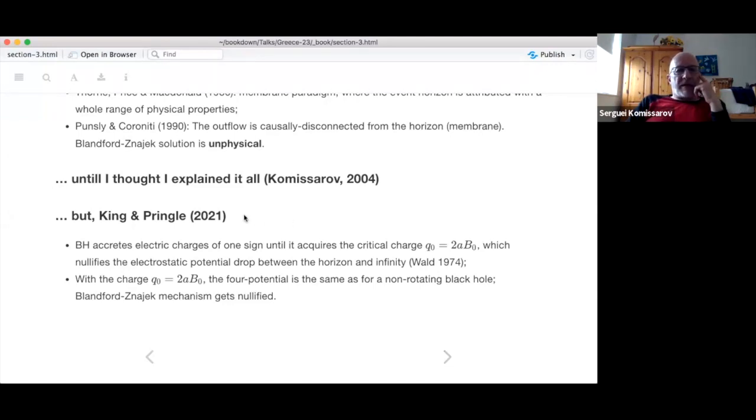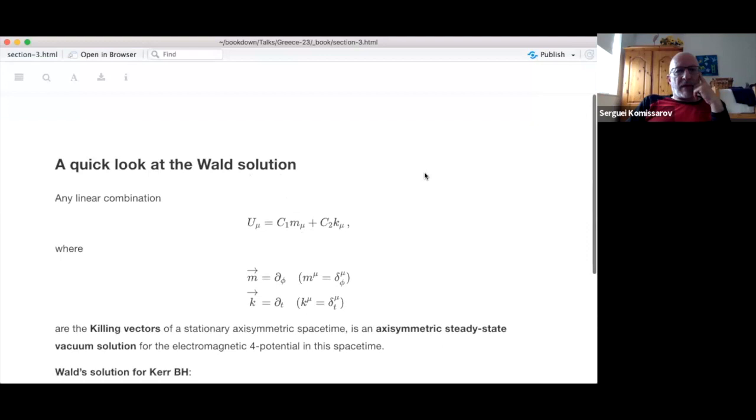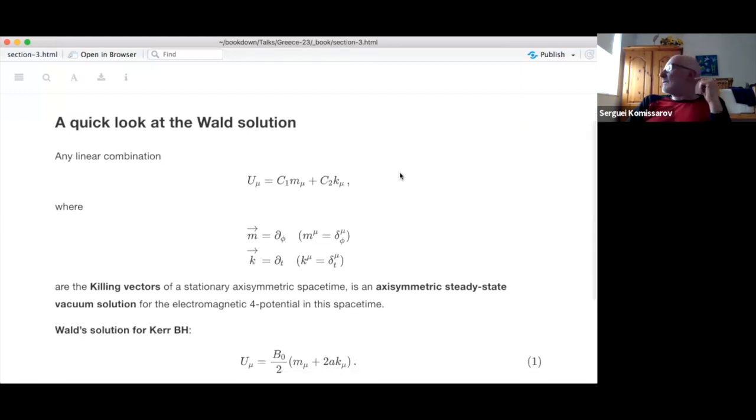Those arguments look quite simple and quite convincing, and I decided to look more carefully at the work by Wald and see what's going on. Okay, let's start with a quick look at the Wald solution. And it's based on the following fact,